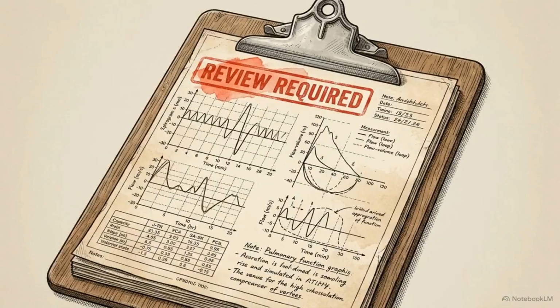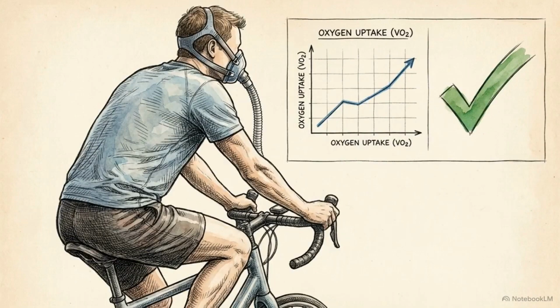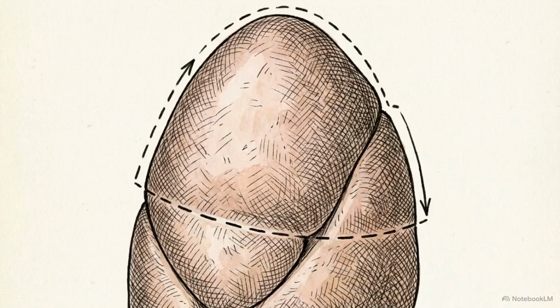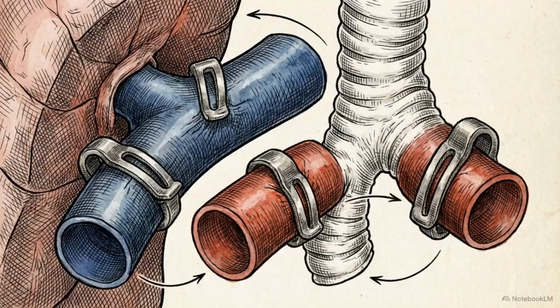If a patient registers as moderate to high risk during this calculation, further testing is required. A cardiopulmonary exercise testing result above 15 milliliters per kilogram per minute serves as the mandatory physiological cutoff for surgery. Once cleared, the physical execution relies on established anatomical boundaries. The standard treatment for early-stage non-small cell lung cancer remains a complete lobectomy, isolating and ligating the lobe-specific artery, vein,